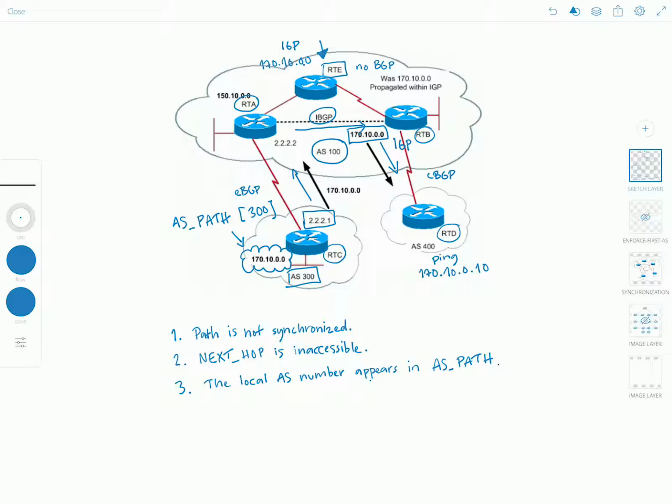But if for some reason it was like this, 300 and 100, for example,